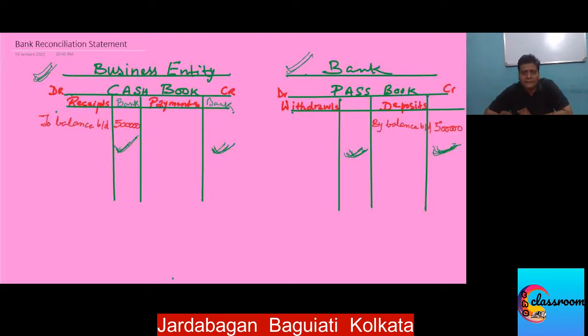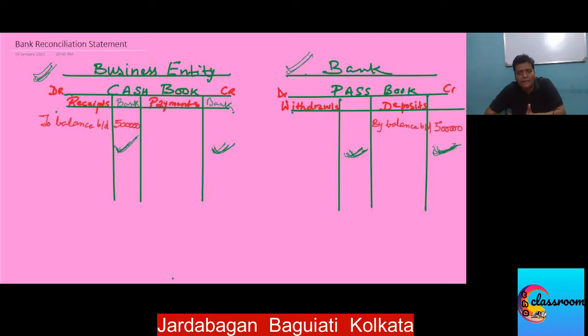But practically, this is not possible because of some instances which I will tell you. Like suppose we have received the check, but due to some reason or other, we go and deposit in the bank at a later date, not on the same day, then obviously there will be no credit in our account on that day. So on that day, if we go to tally the cash book bank column with the passbook, the amounts won't tally because the bank has not yet credited that amount into our account.